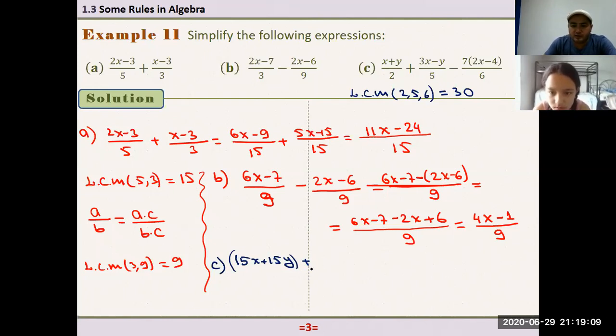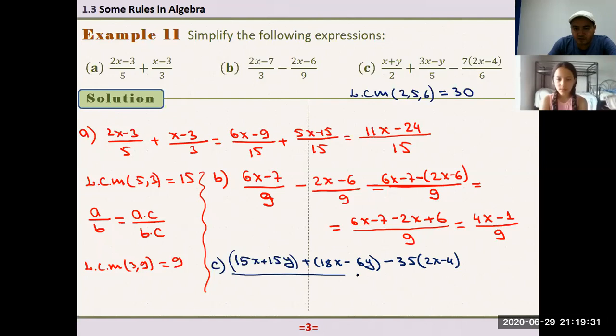6 times 3, 18x, minus 6 times y, it is 6y, right? Minus, now here multiply by 5. So here we have 35, 2x minus 4. And here we have a long fractional line. Here we have 30,